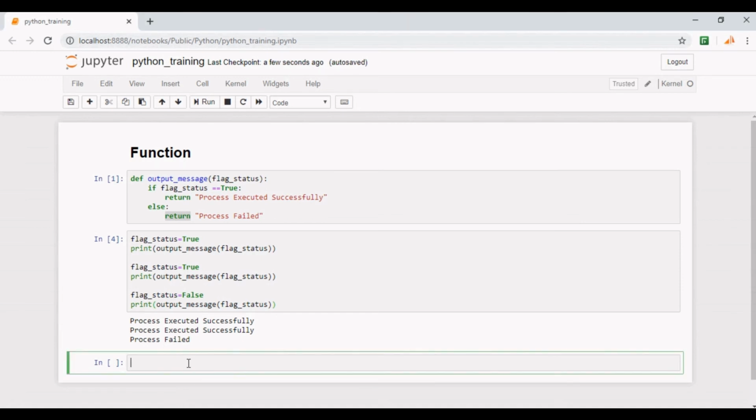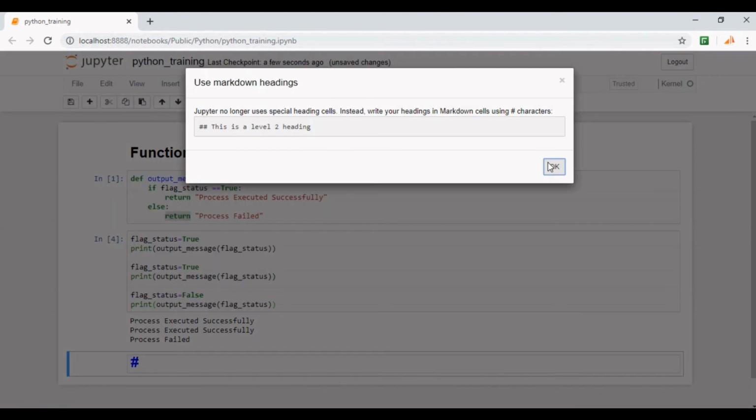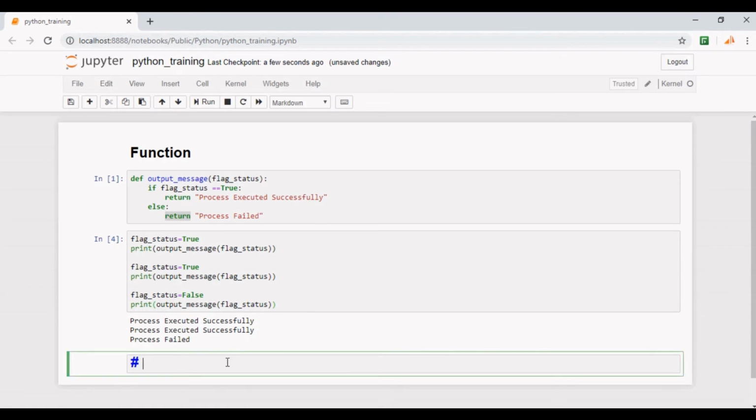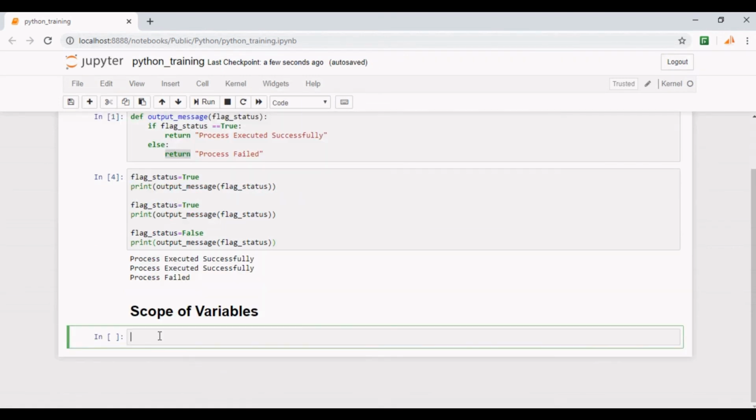Let's understand another important topic used in Python functions, scope of variables. By scope of a variable, we mean the boundary within which a variable can be used or accessed. The scope of a variable depends upon the location where the variable is declared.